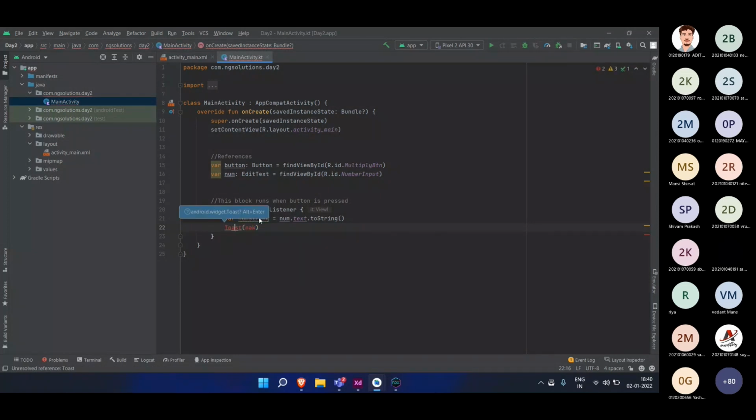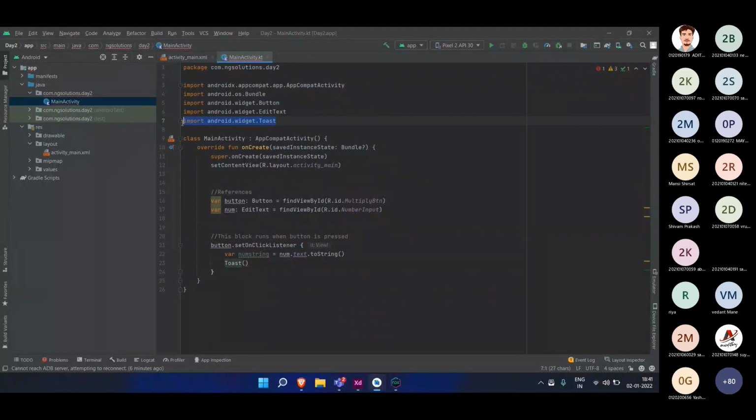If you get this red kind of line, and it says Alt+Enter, you use the left Alt and hit Enter, and it will give you suggestions: import, create toast, create function. What we need to do is import it. There is a library called Toast. We want to use that, but our program doesn't know if the developer is going to use this library in the upcoming future. That's why it is not included by default. We need to tell the program, so just hit Alt+Enter and hit import. Now the red part is gone.